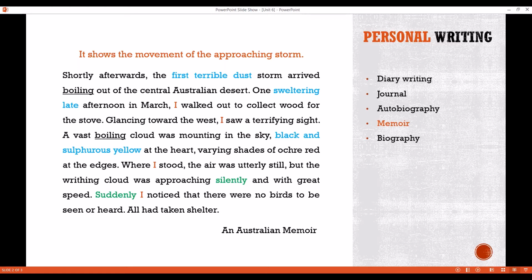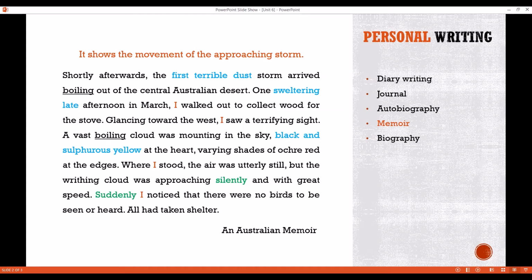That is diary writing. Is diary personal? Journal writing, and I have written both together. Why? Because there is a little bit of difference here. First, diary writing. When you write a diary, it's the daily routine. You're writing daily. You can write what happened at 6 o'clock today, what happened at 7 o'clock, and even last night what happened to you. This is diary writing. You're writing the daily routine there.